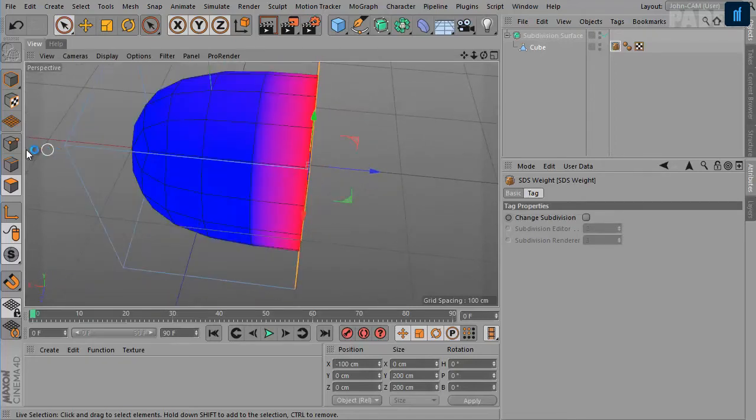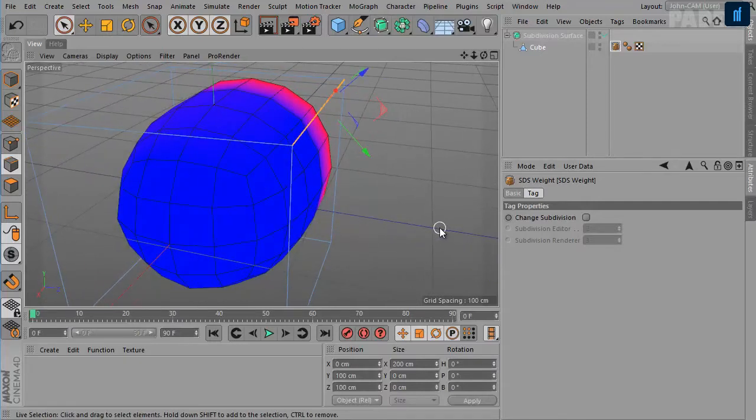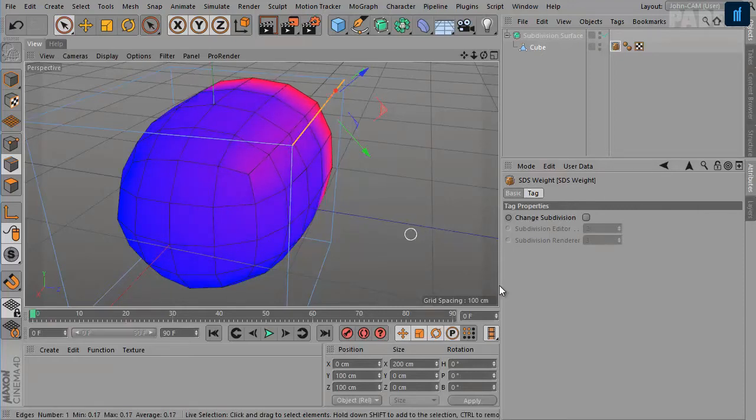For example, if I select this edge here and I press and hold the period key and then the Shift key, and I drag the cursor, you will notice that as the geometry is moving towards that edge, the weighting is turning from blue to red.